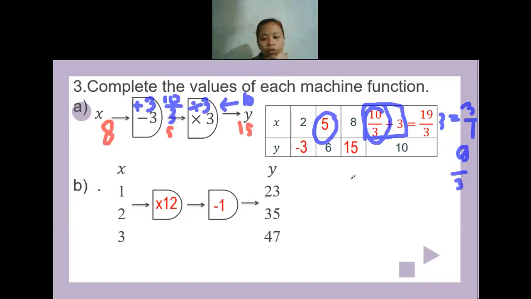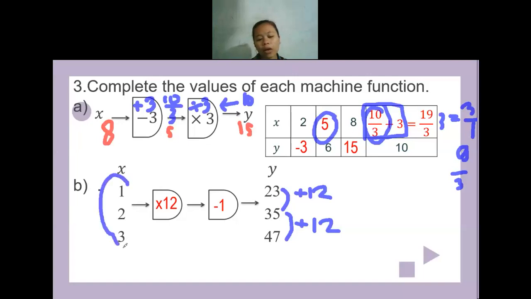We have like 5 minutes, oh no, 1 minute left. Okay, so when we already have the function and we need to find the rule, the first thing you can do is find the difference. From 23 to 35, the difference is plus 12. From 35 to 47, it is also 12. But you need to make sure the x values are in order. If they are not in order, you only focus on the two pairs where x is in order, from smaller to bigger.